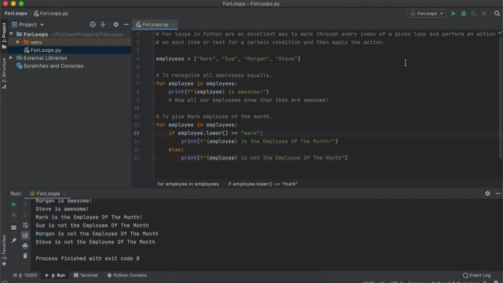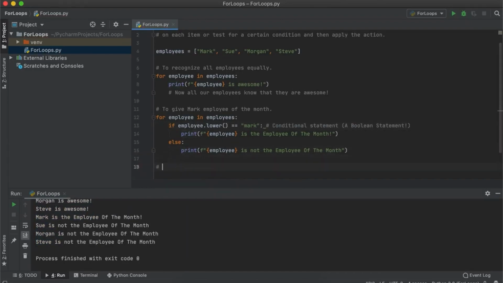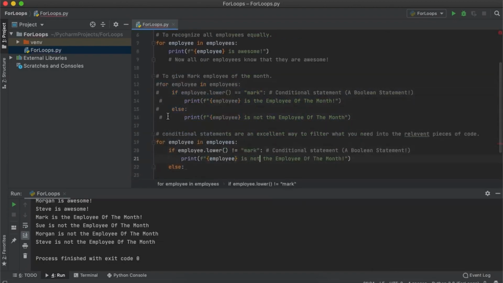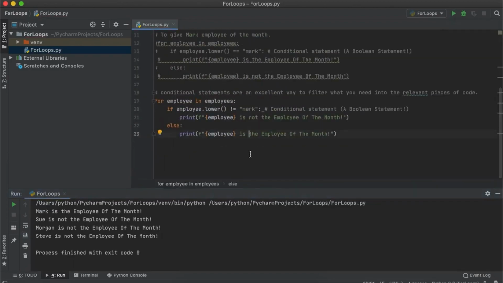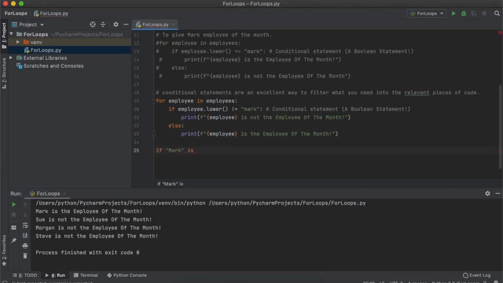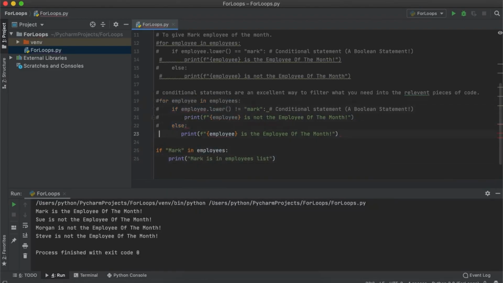There are tons of ways you can use this looping through lists, particularly with conditional statements. Not only can you use things like greater than, less than, or equal to, etc., you can also add an exclamation mark in front of the equal sign, which means not equal to. Also, you can check if an item isn't in a list just by using the following Boolean expression.